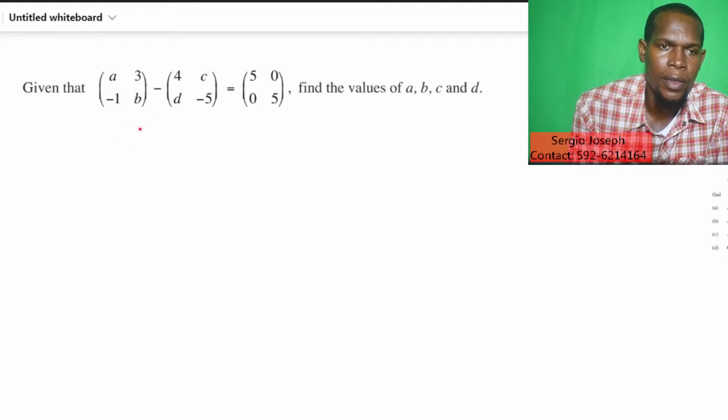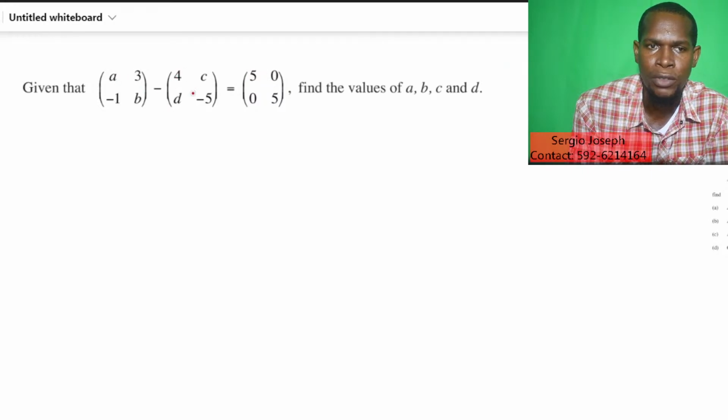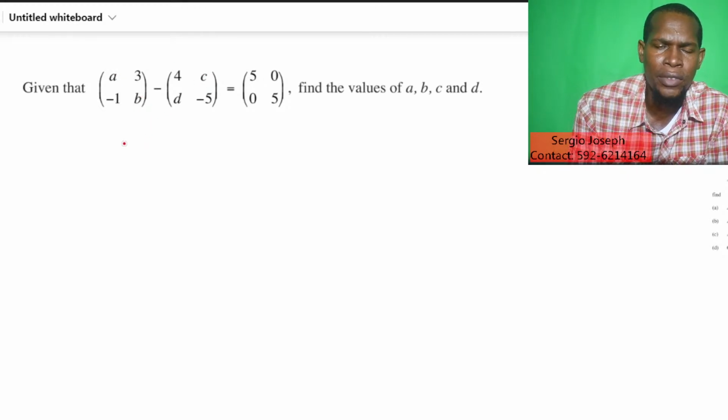With that knowledge, we can solve these types of questions. For example, you have a 2 by 2 matrix here, subtracting another 2 by 2 matrix, which equals a 2 by 2 matrix. But notice that there are some unknowns. You want to know what is A, what is B, what is C. When you see a question like this, you can see right away that this can be solved like an